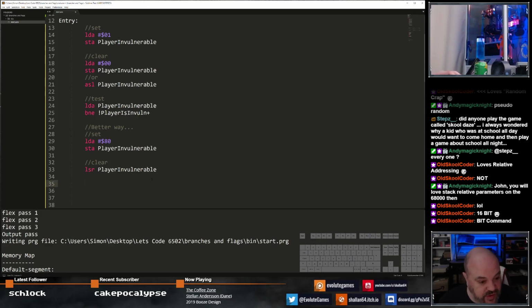But here's where the cool thing comes in. What you can do if you want to test it is use the bit instruction. The cool thing with the bit instruction is it tests whether or not the negative flag is set on something. It's kind of like an AND, but you can do it directly like this. So you can do bit player invulnerable, and then branch if minus, player is invulnerable. So here we're using the branch if minus by checking the negative flag to check if something